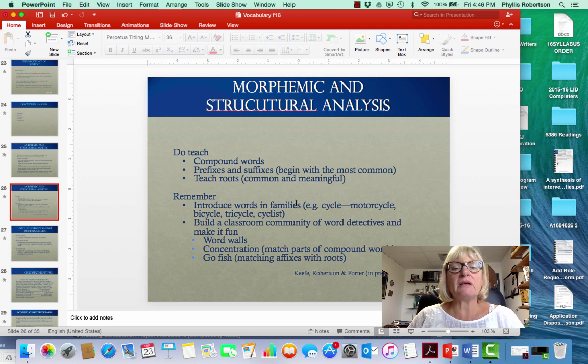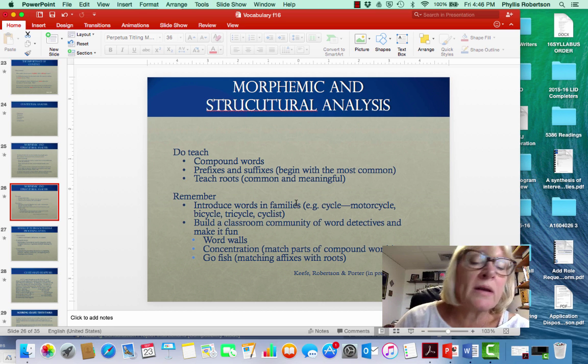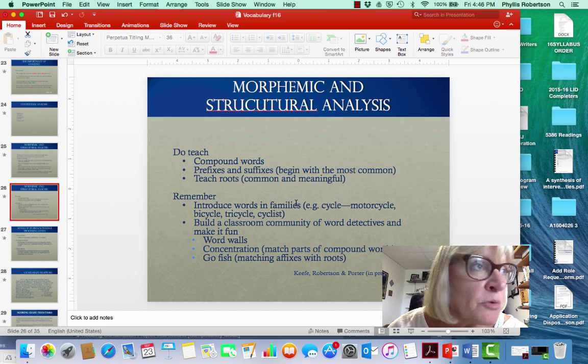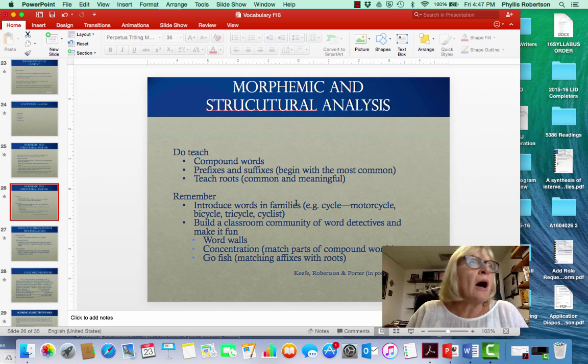So in terms of morphemic and structural analysis, teach those compound words, teach kids to break them apart and think about what each word part means. Same with prefixes, suffixes, and roots. And always you're going to introduce the most commonly occurring first, because that's going to have the most power for